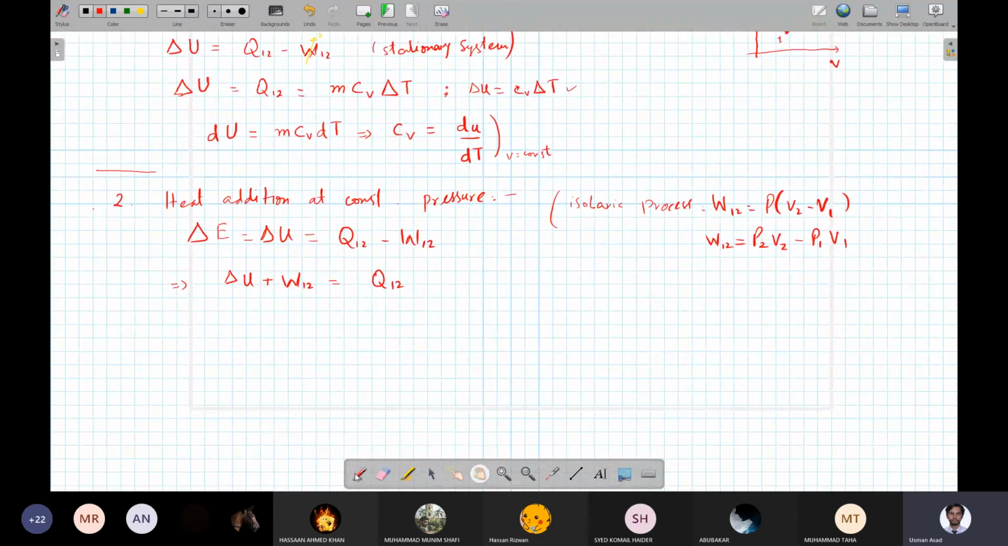ठीक है. So now I'm going to make a couple of substitutions really quickly. एक तो ये for a process 1 से 2, जो heat addition का process हम constant pressure पे कर रहे हैं, delta U is going to be equal to U2 minus U1, and then this work done comes from this isobaric process. It's going to be equal to P2 V2 minus P1 V1, right? So ये delta U जो है ये बन गया, work done ये बन गया,